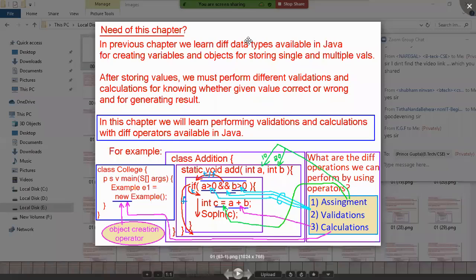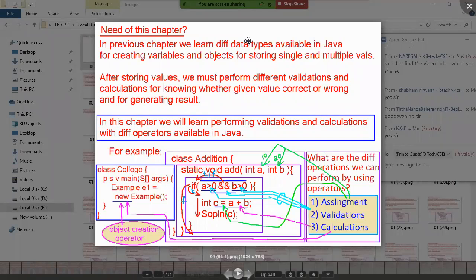Validation and calculation both. What is the validation? Are any stones coming? Okay, if no stones are there, then making it into water. That is called what? Calculation. So tell me, wherever you go, assignment, validation, calculation should come. So you have to start identifying this assignment, validation, calculation everywhere in your life.